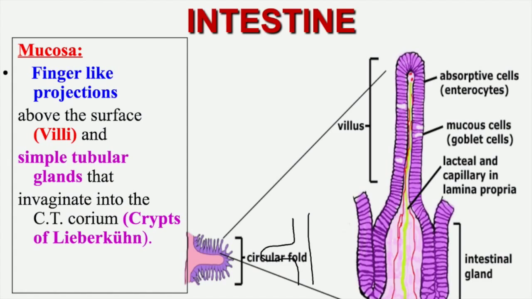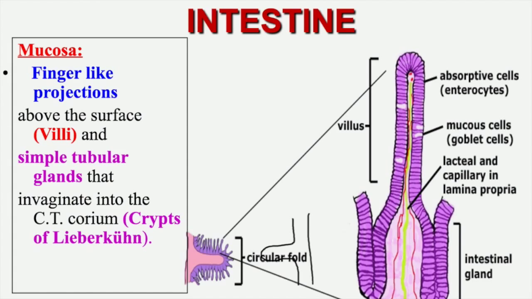So these folds are the plica circularis, this and this. Also remember that inside the villus we have the lymphatic vessel called lacteal, in addition to capillaries